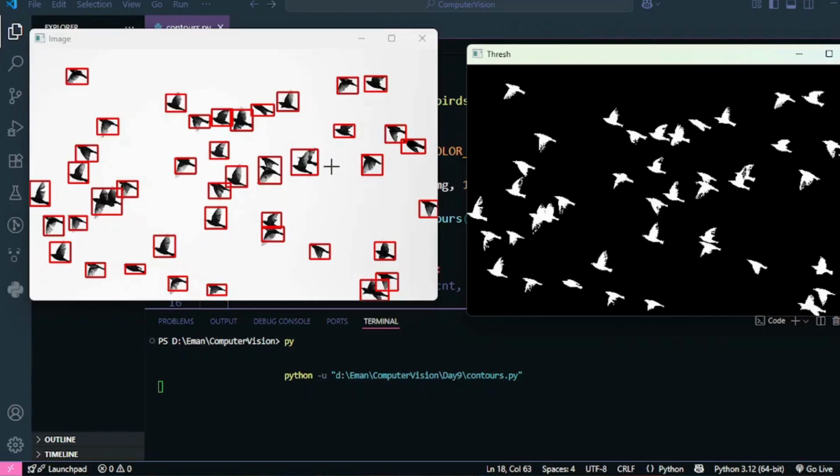So sometimes when you have to create an object detector like that, you don't have to go into the details and apply YOLO and those algorithms. You can do it by simply using some simple image processing techniques. Like in our lecture today, we simply used a few image processing techniques, and we achieved an object detector. I'm not saying it works for all kinds of object detection, but this can be a good approach for creating an object detector for very simple images like the one that we had.